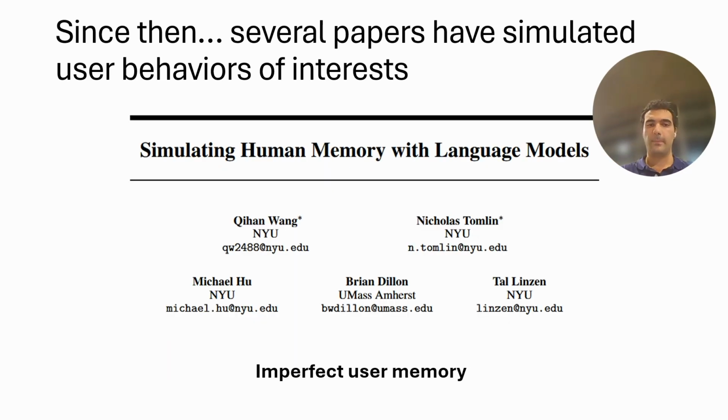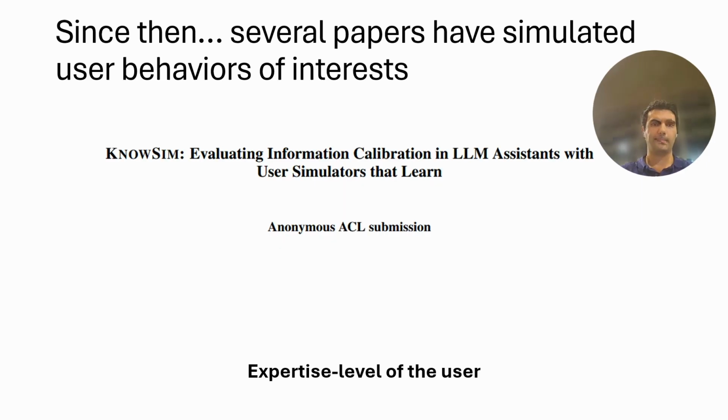Or this work from NYU around simulating human memory. So we all know that humans, we don't have perfect memory and we forget things. And in long interaction, we don't have perfect recall of what the AI system said, both because we didn't necessarily read all of it, or even if we read it because we forgot. So they did this whole paper around how do we get a user simulator to have imperfect memory, right? And how do we add that into the simulation?